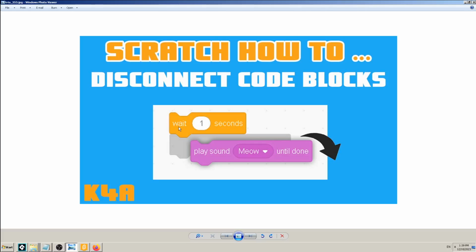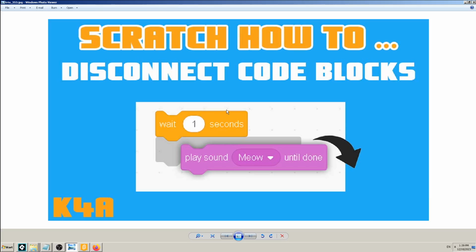Today we are going to learn how to disconnect code blocks in the Scratch environment. In the previous video we learned how to add and connect more than one code block to another in Scratch, and that's all good and great, and it will help you make very complex games, animations, and stories. But sometimes you will also want to disconnect those blocks because you don't need them, you don't know how to use them, they are doing something wrong, or stuff like that, and all you have to do is do the opposite